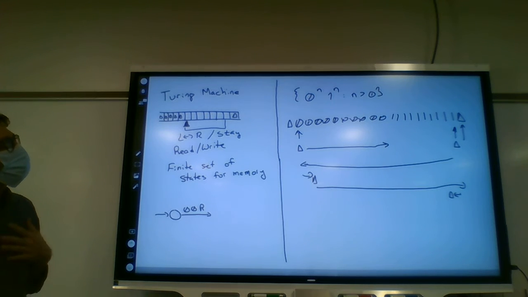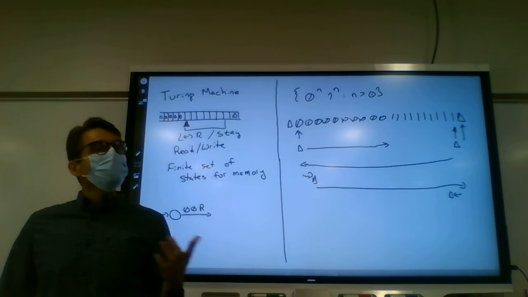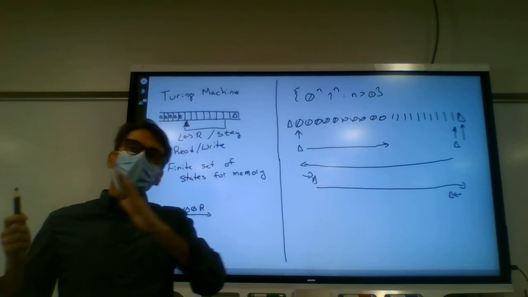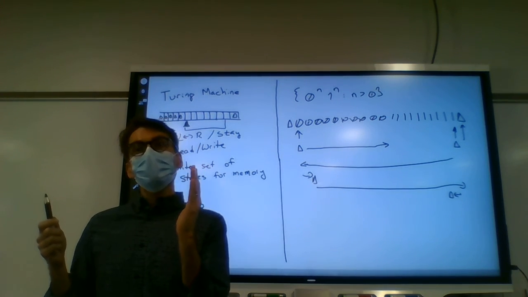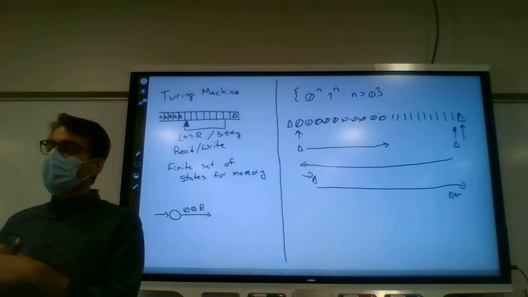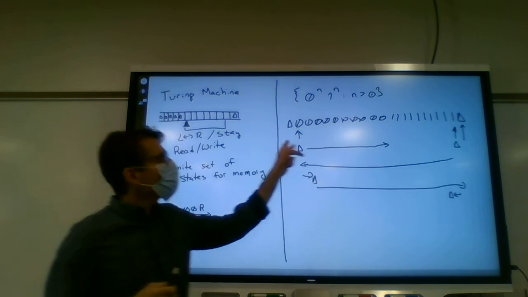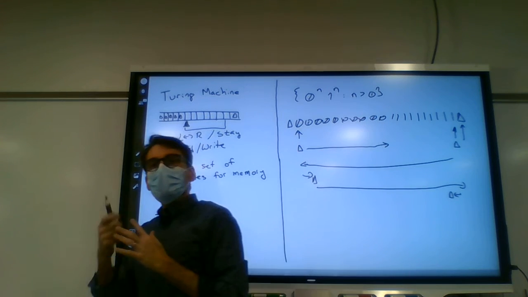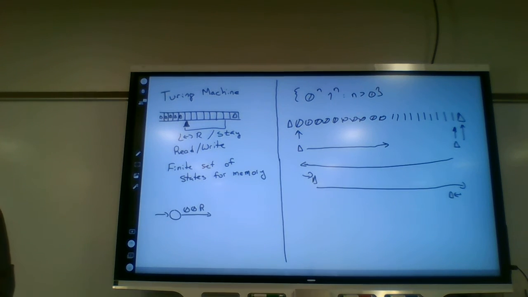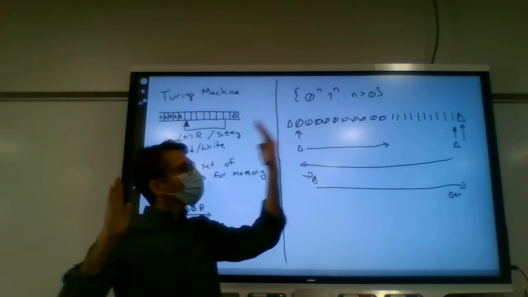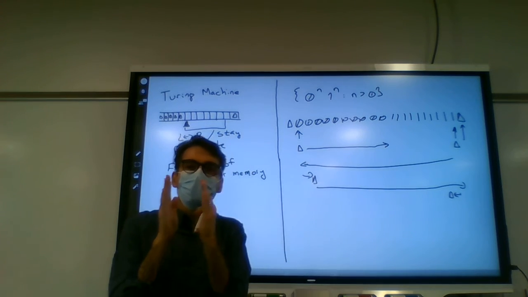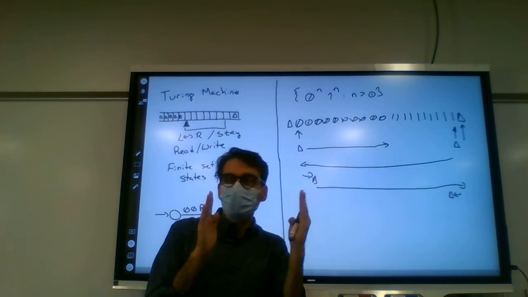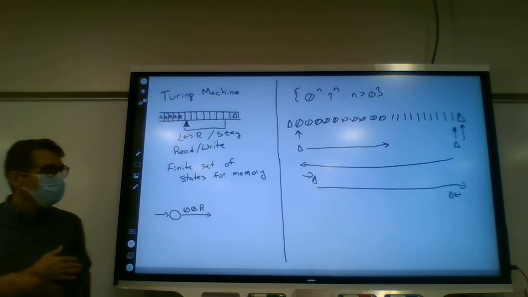So what would happen if there were more 0s? You've read a 0, you move to the right, you read the delta, you come back and you try to replace a 1, but there's a 0 there instead. And otherwise, if there are too many 1s, you've wiped off the 0s and your first symbol, instead of being a 0, is now a 1. Does that make sense? So we could move back and forth. Start at the left, move all the way to the right, come back to the left, all the way to the right, left, right, left, until it comes down to things matching or not.